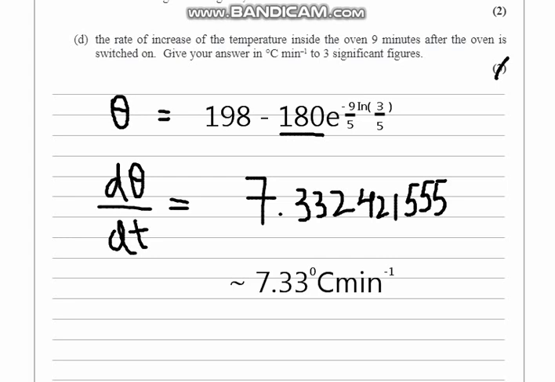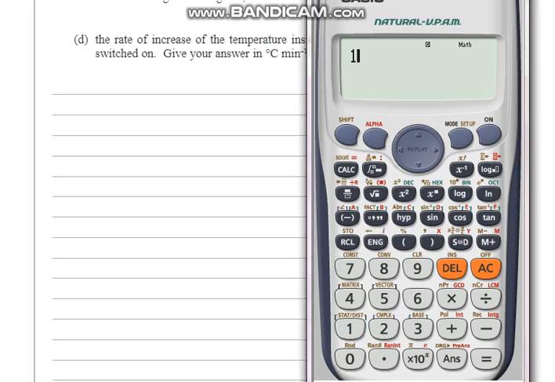In case you don't know how to get this answer, mostly students will make incorrect answers here, using the calculator and inputting wrong values, so I'll show you how to do that. Take your calculator out and just type in minus 180, that was the function, and as I told you, multiply everything that was to the power of the exponential, that's minus 1 upon 5, and flip the signs, that was 3 upon 5, that's 5 upon 3 now.